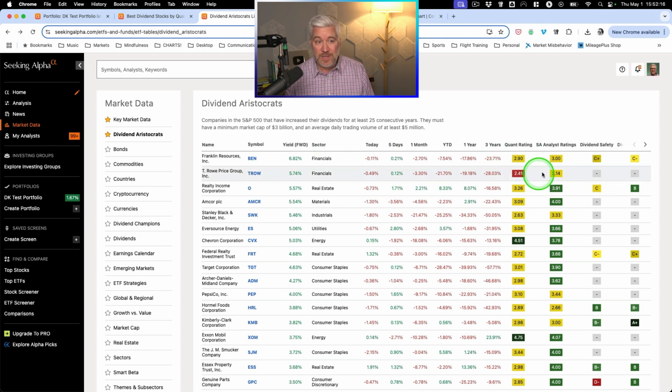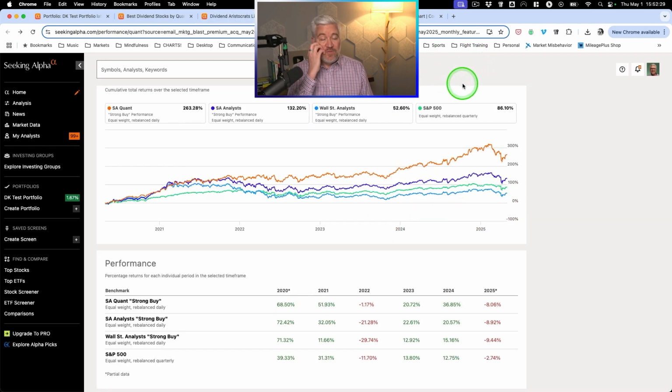And also remember, you can sort it by quant rating, you can sort it by safety factors or other things to try to just refine that list and focus on particular names or areas of the market that you think could provide some good opportunity. By the way, if you want to learn more about that quantitative model, I point you to the podcast interview